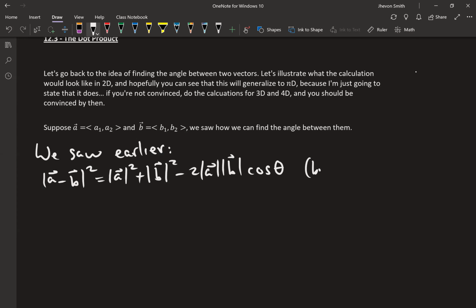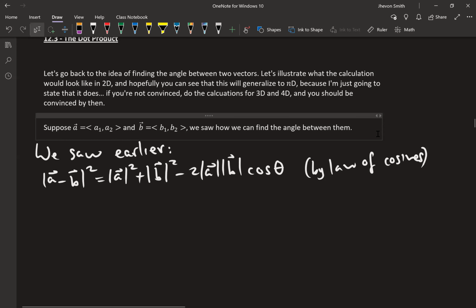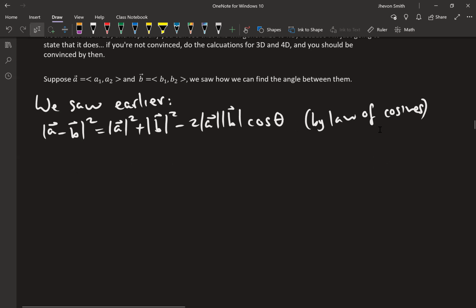Right? By law of cosines. Okay, so we saw that earlier. Now, I'm going to illustrate what this is going to look like in 2 dimensions. You notice I have 2D vectors here. But the idea generalizes more widely to higher dimensions. Okay, but for illustration purposes, I'm just going to do 2. It'll look the same in higher dimensions, actually, but the calculations are just going to be a lot more annoying